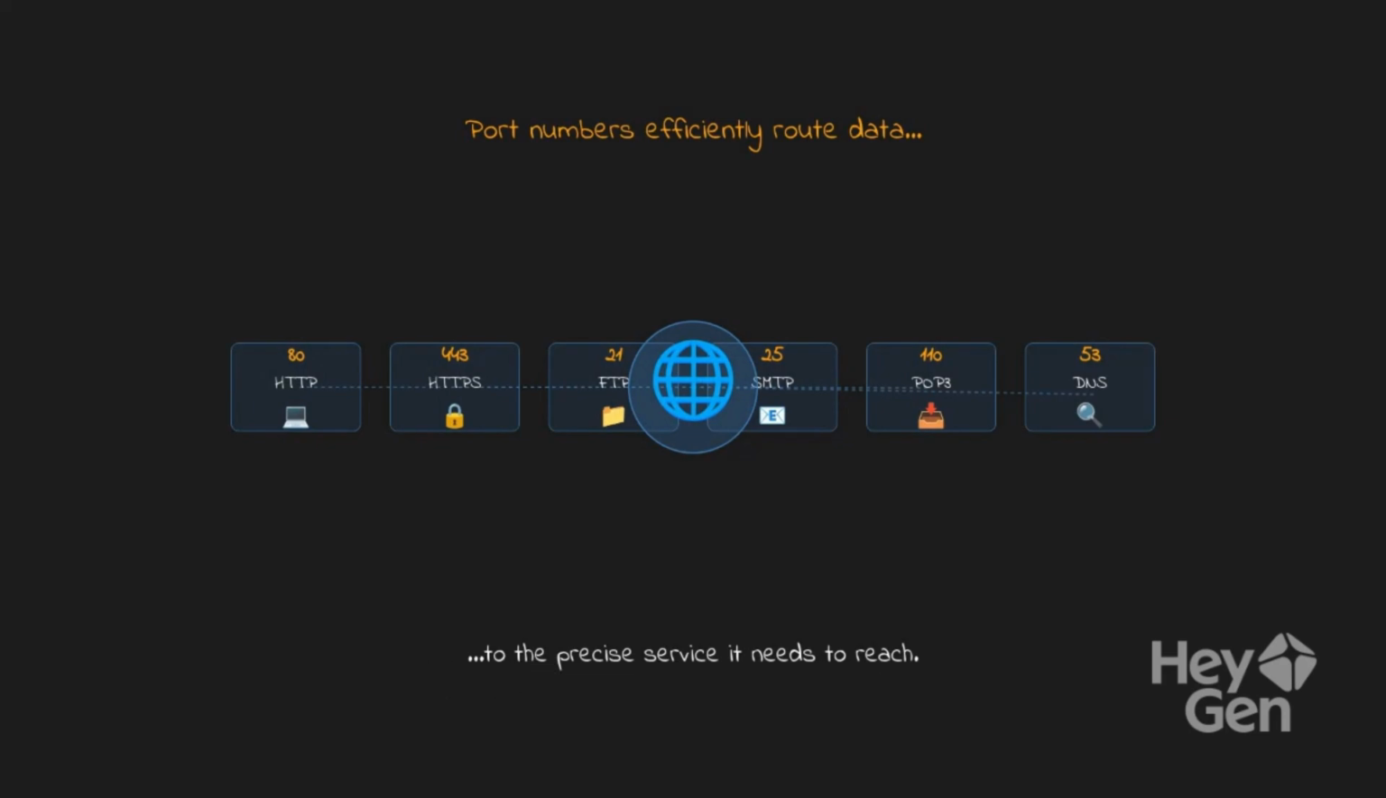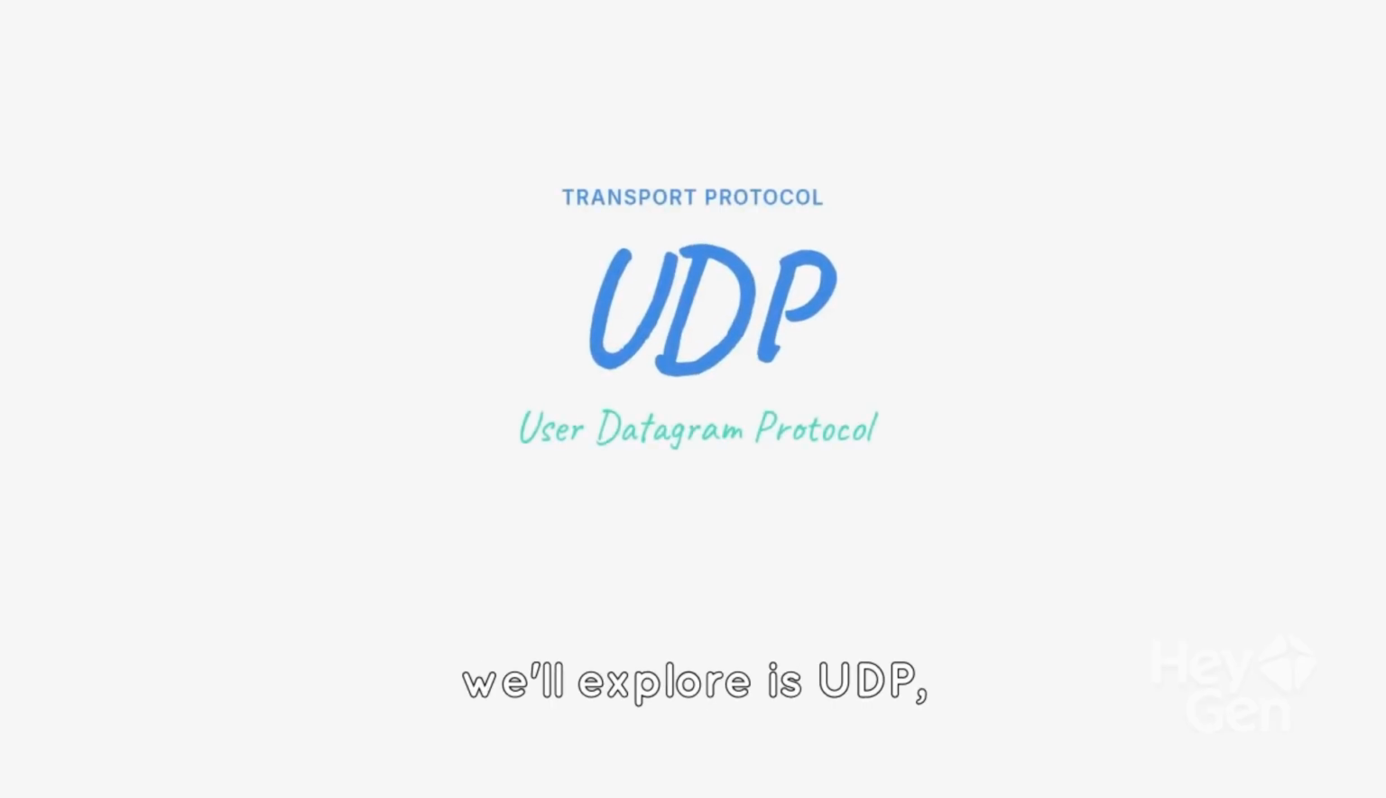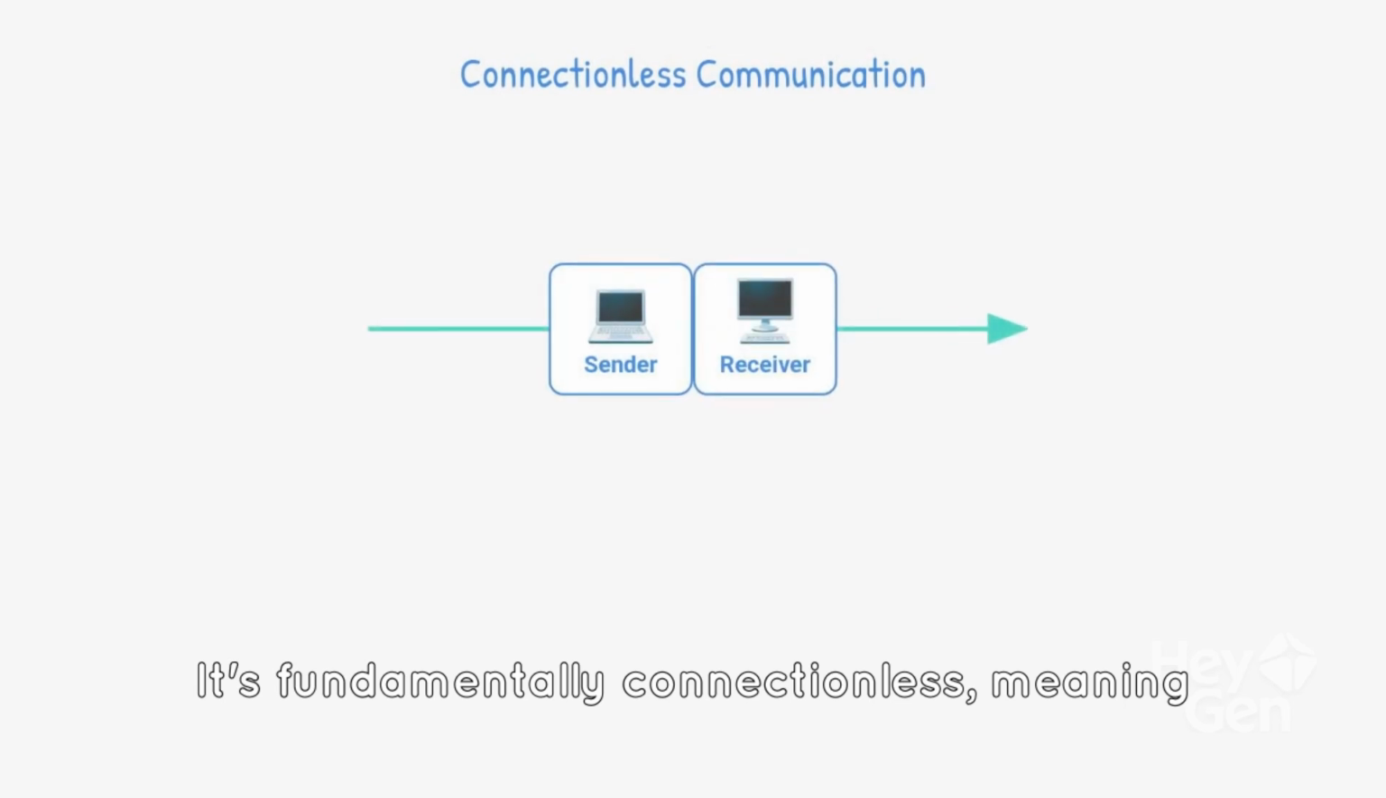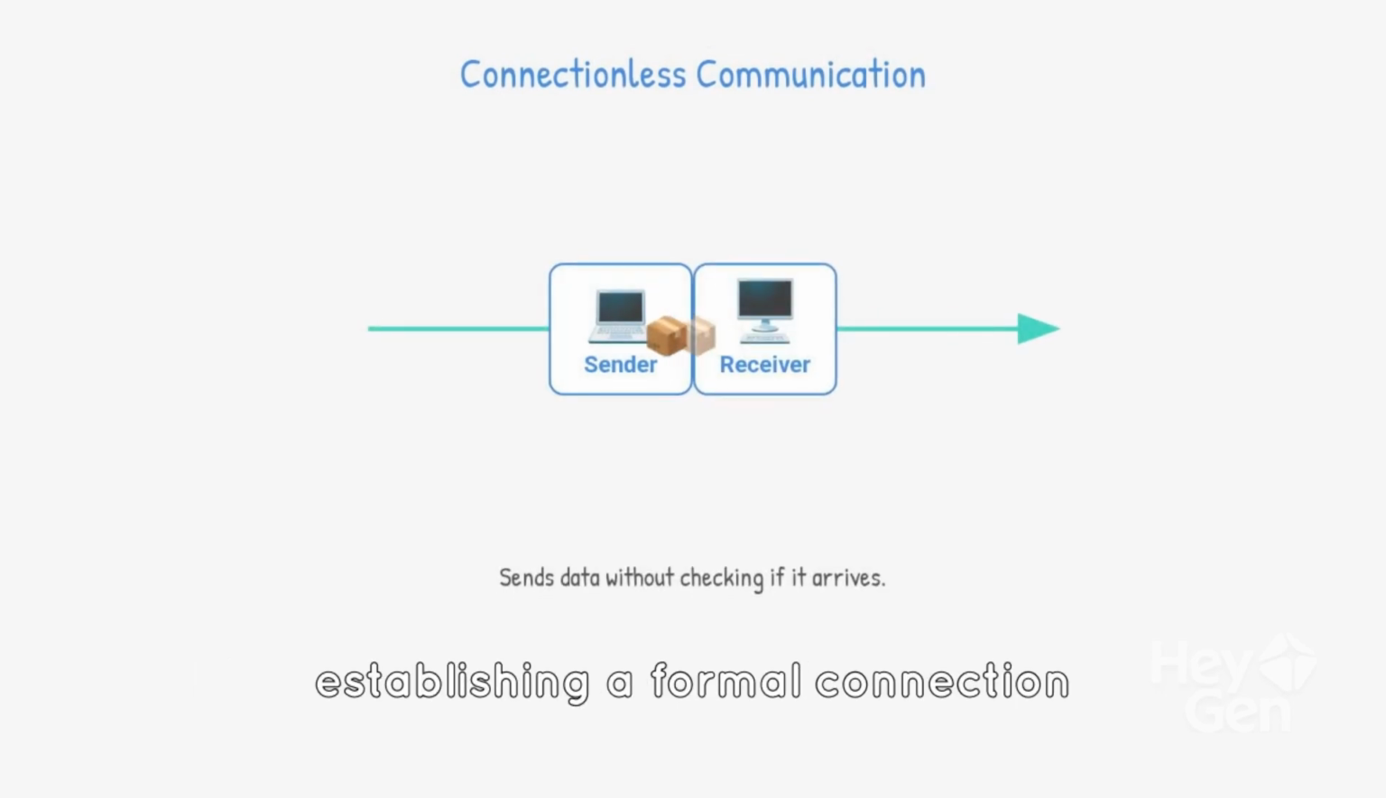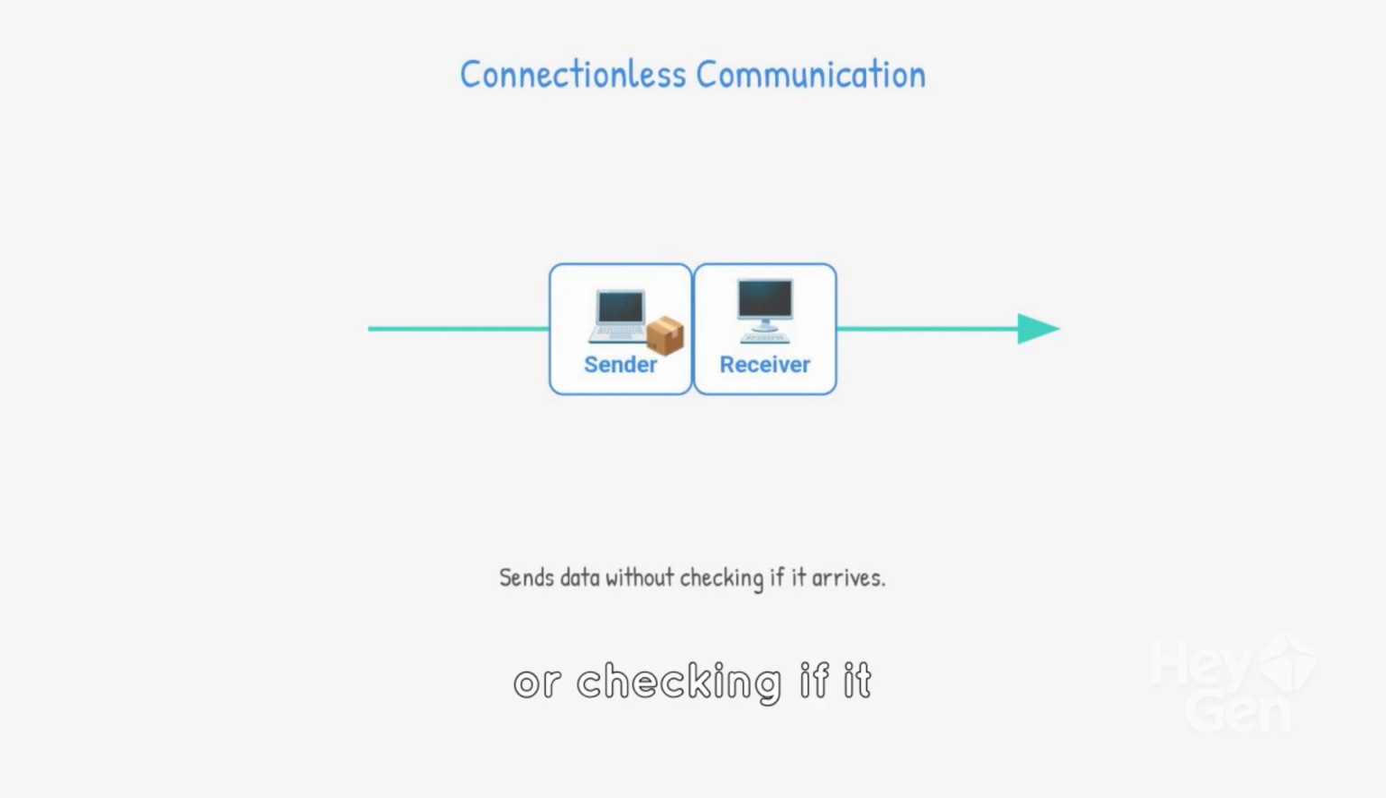The first transport protocol we'll explore is UDP, which stands for the User Datagram Protocol. It's fundamentally connectionless, meaning data is sent without establishing a formal connection or checking if it successfully arrives at its destination. Think of it like